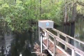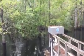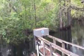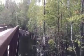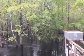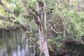We're in the Green Swamp today. We stopped on the way home to explore and see what the river levels, or the water levels, were going to be. The Green Swamp is known as the heart of the Floridan aquifer. It is home to the headwaters of three or four major rivers. Where we're standing now is the headwaters for the Withlacoochee River, and the Withlacoochee has been in the news recently